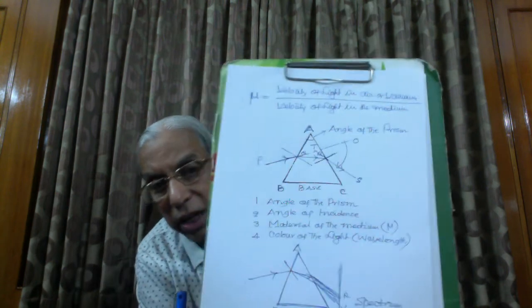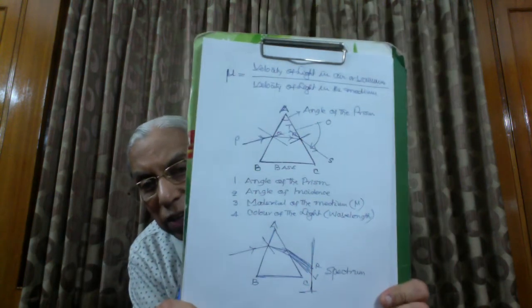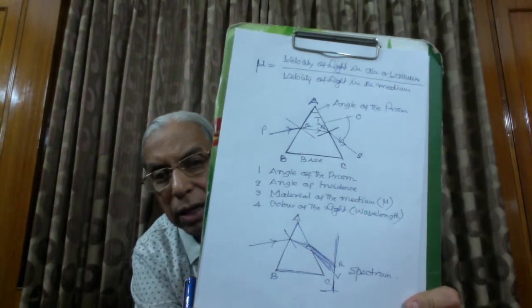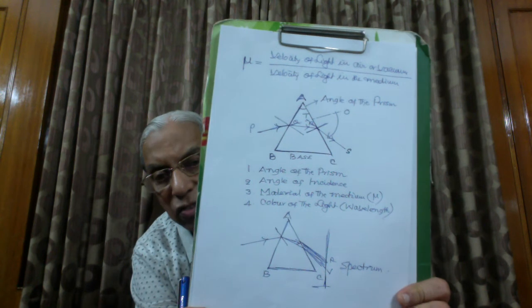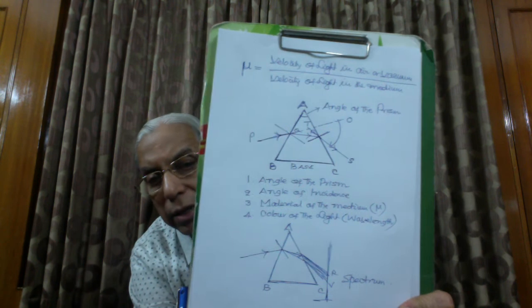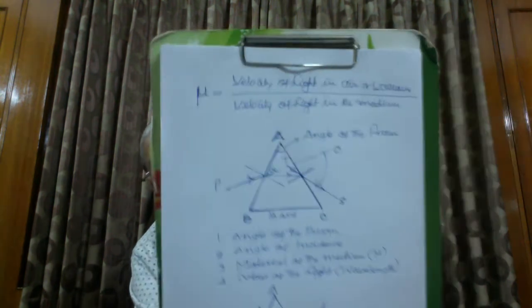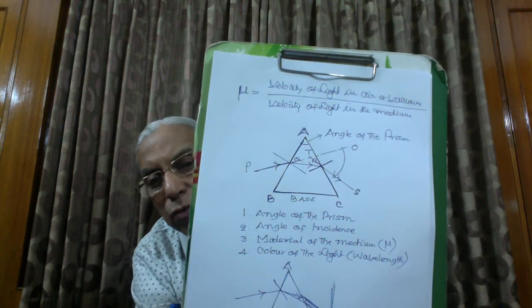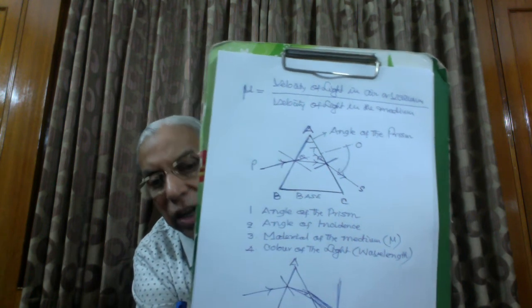Therefore, what are the four factors? Please see that once again. I am revising it. The first factor is the angle of the prism. The second one is which one? Angle of incidence. The third factor is the material of the prism. The last one is which one? Color of the light. It is also the wavelength of the light. As the wavelength changes, the color also changes. And they are the four factors on which the angle of deviation depends. Then we shall take up, in continuation with this one,